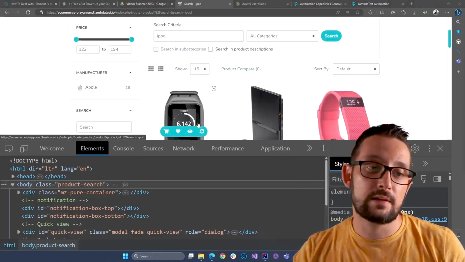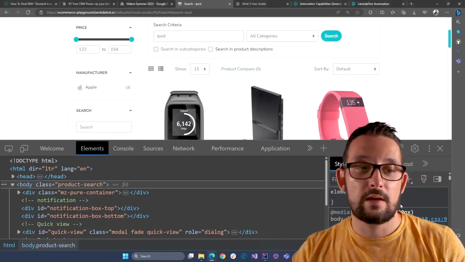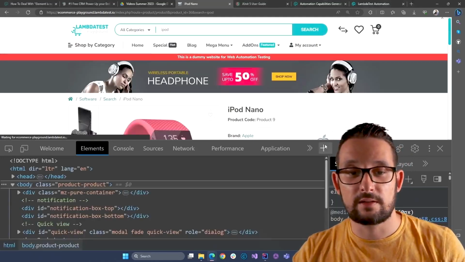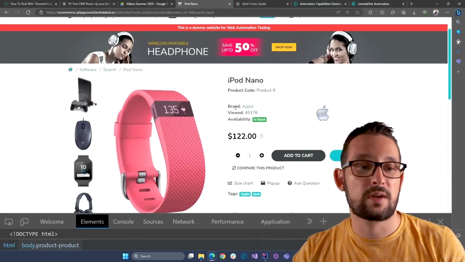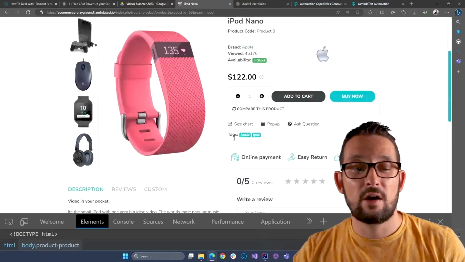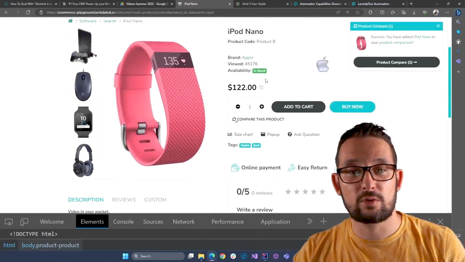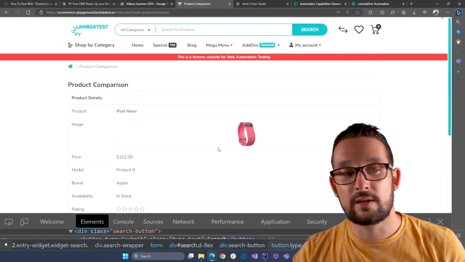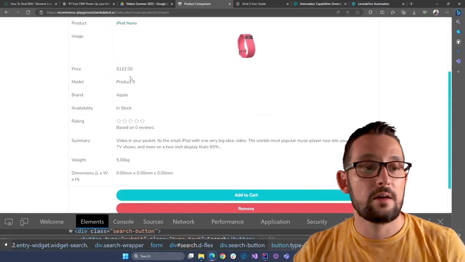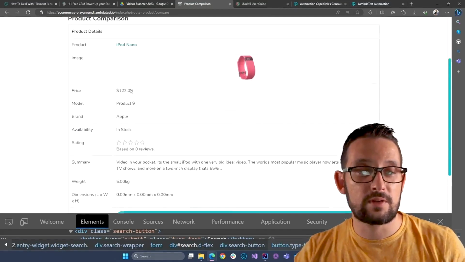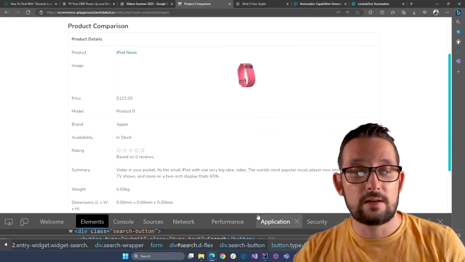Since for the products, it's easy just to provide the title, right? But it's not just the title. We have the product code, we have the brand, we have the price. Also, if you add this product to be compared, if at some point we want to verify all of this text here, this means that we have a lot of data about each product. This is why